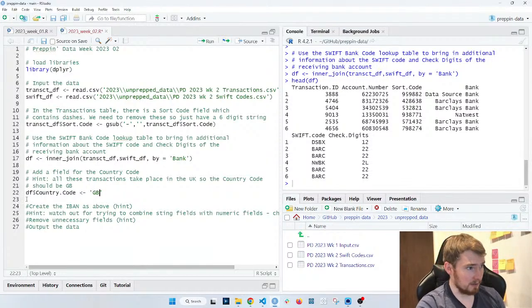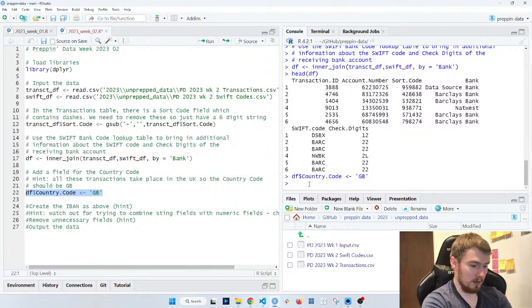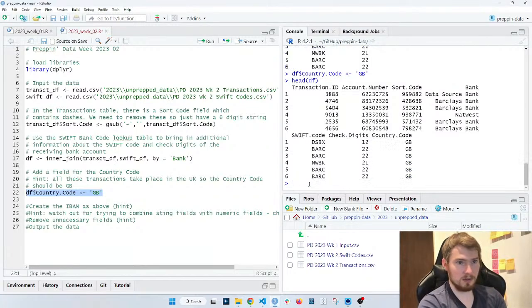Again, I have to give it a dot in between, otherwise it's going to think the column's called country and now started a new function or some operation over here. So I do that, go Control Enter, and then I have a look at the head of the data frame, so you can see that country code's come in and it's given GB for all those rows, which is great.